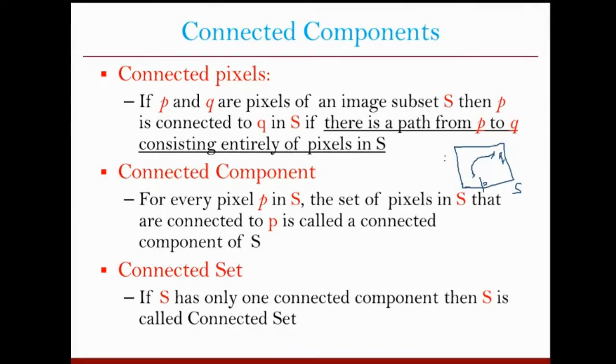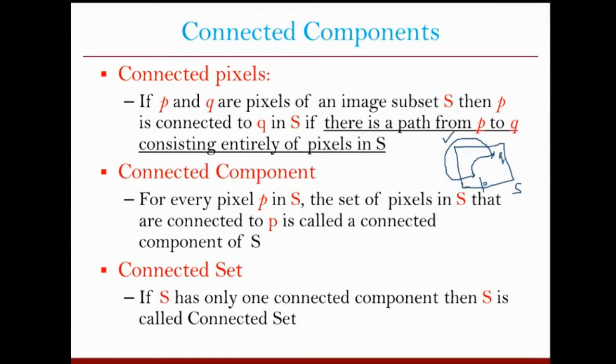So let's say there is a path which takes you from this point to this point like this, then this cannot tell you that the pixels P and Q are connected, because when you are going from P to Q through this path, you are not entirely within this box. You are going outside the box. So in that case, we will not say that P and Q are connected. But if you can define a path from P to Q by going through the pixels which are within S, then that will tell that P and Q are connected, because you have a path from P to Q entirely within S.